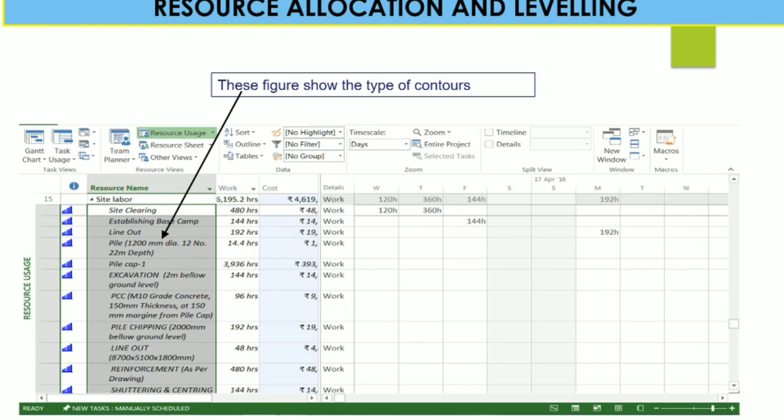Now all the activities under that particular resource show the type of contour. Here you can see the backloaded graph, and you can easily understand it if the project manager or team member requires it. You can easily print this sheet and give it to your project manager and your client.